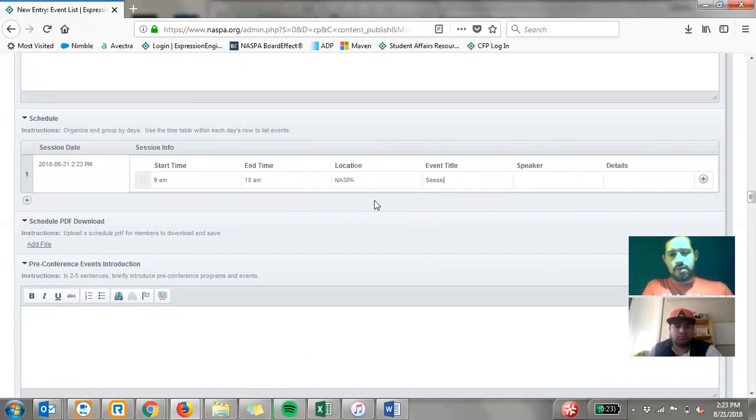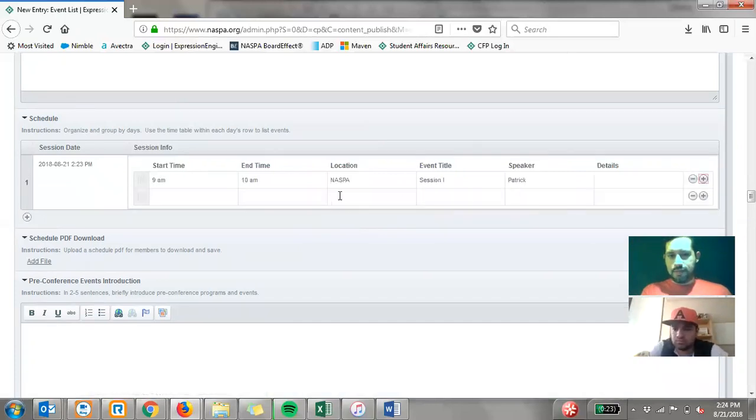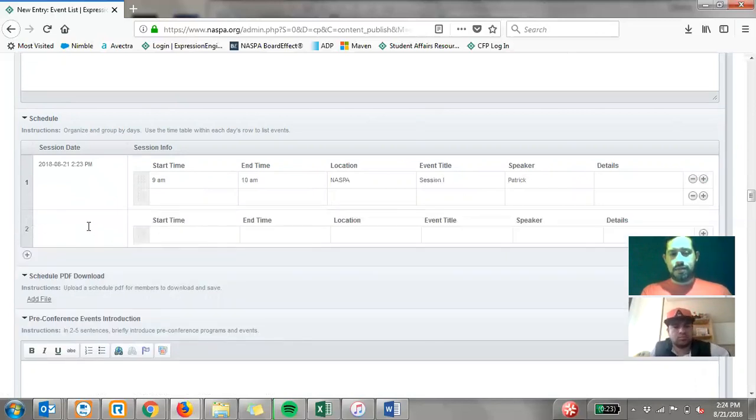Location, session 1, and then your speaker. If you need to add more sessions within the same day, you hit the plus sign on the right, and that gives you another row. If you need to add more days, you add the plus sign on the left, and that gives you another